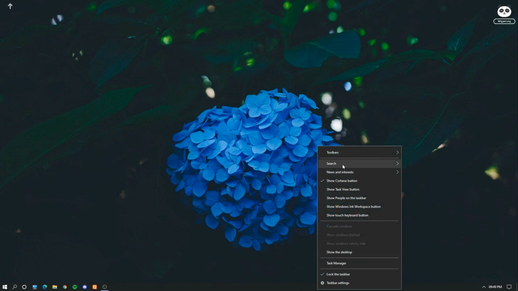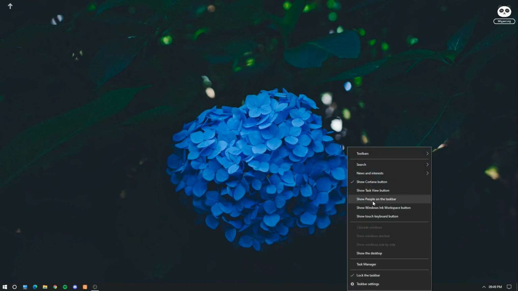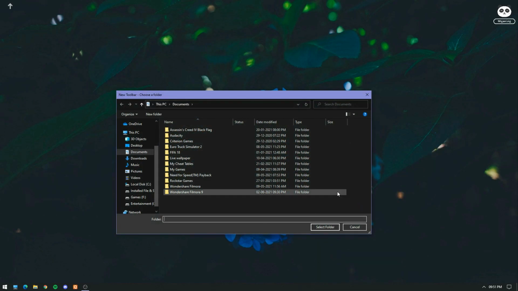Click here again, and you can find the search. Just click on search and hidden. Everything which is on show people, everything should be on hidden. I already have everything on hidden. You can do it on your own, and go to toolbars and create new toolbar, and just here create a